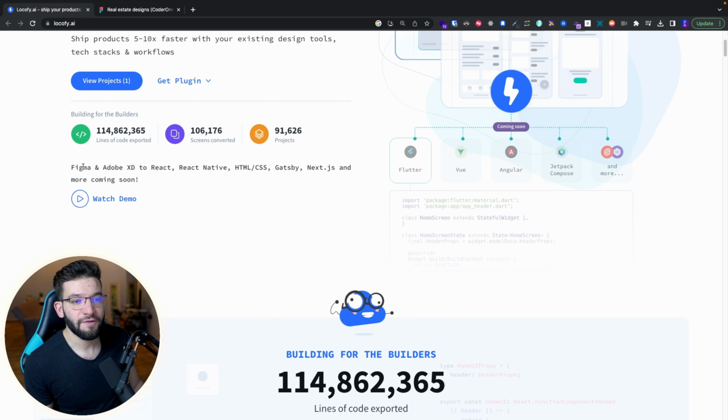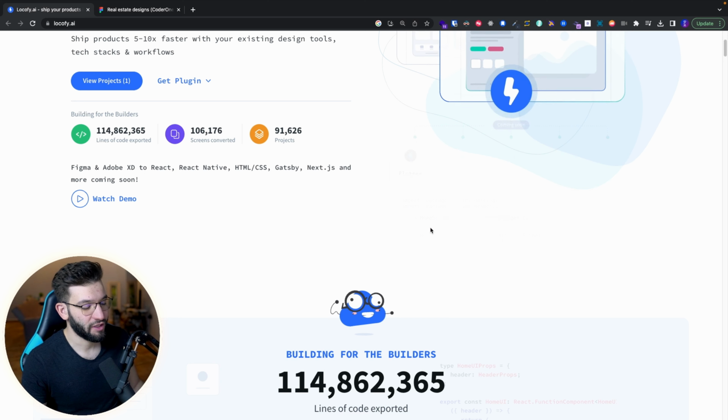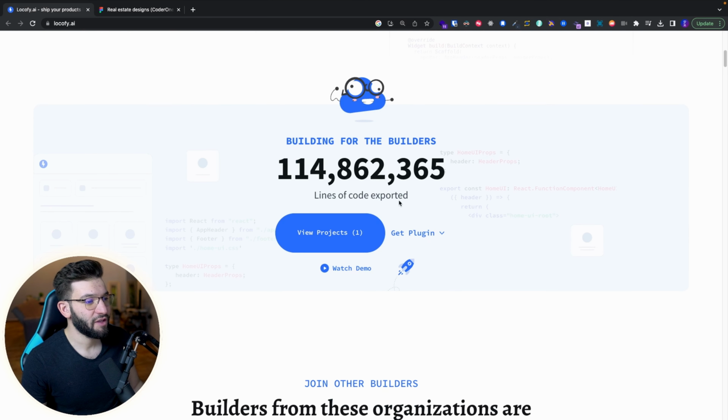You can easily convert your Figma or Adobe XD designs to React, React Native, HTML, Next.js, Gatsby, and so much more coming soon. And as you can see here, there are already so many lines of code exported. You can watch a demo and see exactly how everything works using Locofy. To get started, all you have to do first is install the Figma or Adobe XD